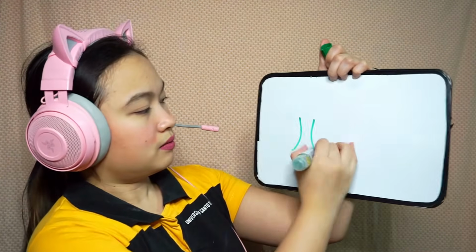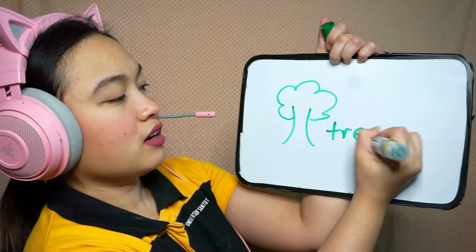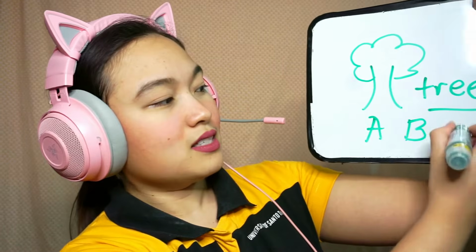You can draw, for example, a tree, and then you can spell it out. T-R-E-E, tree. Just like the traditional classroom setup, they always make use of their blackboard or their whiteboard. And this is helpful as well, especially when you teach online, because you will have the actual writing shown to your student. For example, letter A, you can show them how to write letter A, B, C,